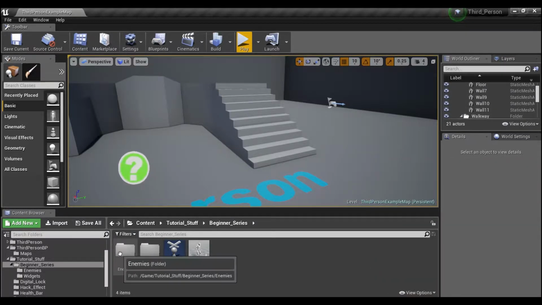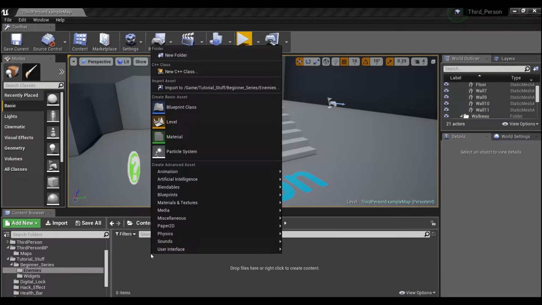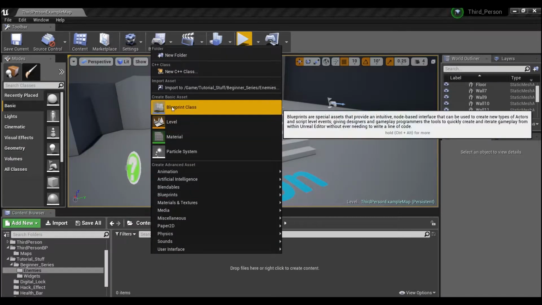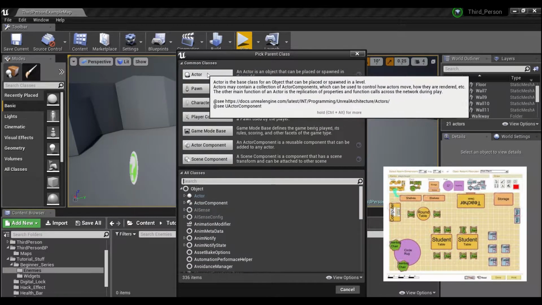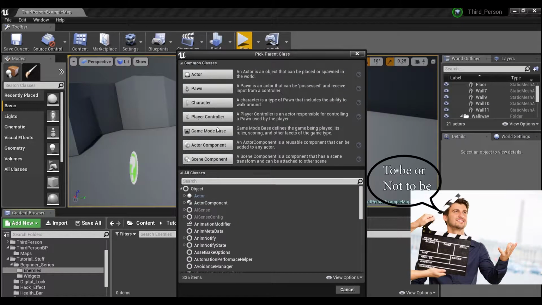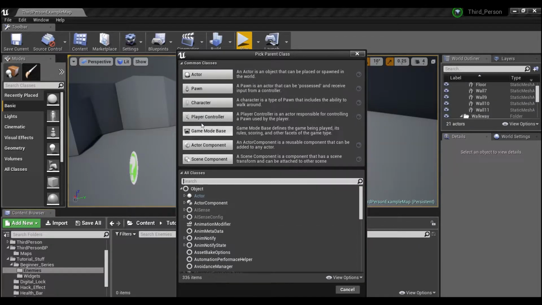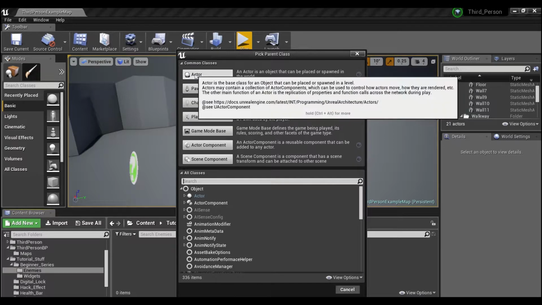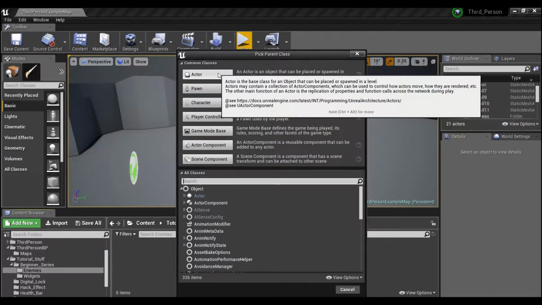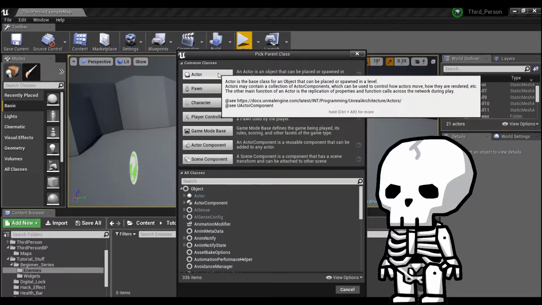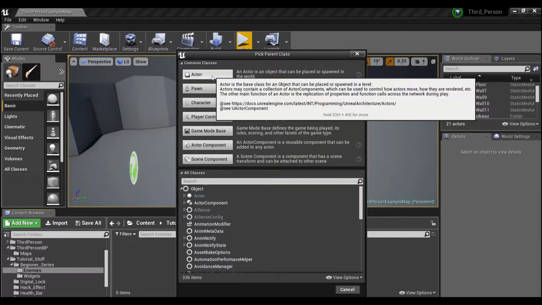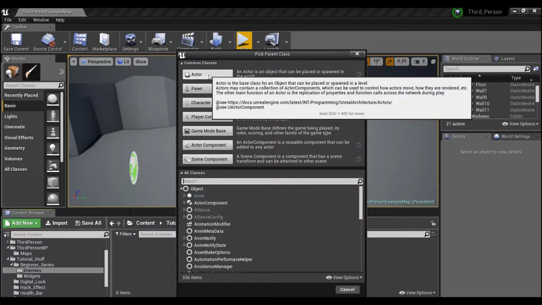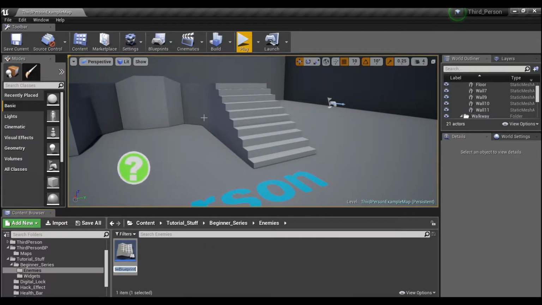health bar? So what we're going to do is we're going to right click here in the content browser, and we're going to create a new blueprint class. And we are going to create an actor. There's a lot of different classes that Unreal has for us to use, and they all come with different features and built-in functionality. Actor is the base class. It's basically the bare bones. We'll get into some of these other more complicated classes later, but for right now we're just going to click right here on the actor class, and we're going to call this